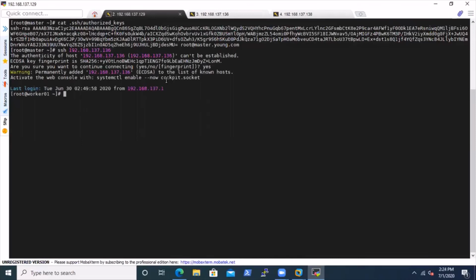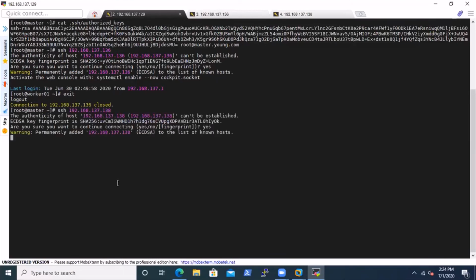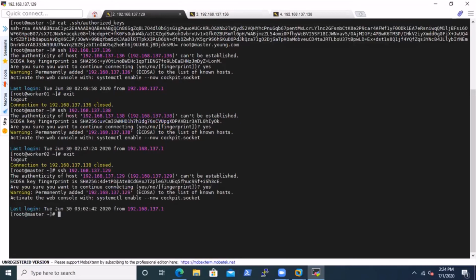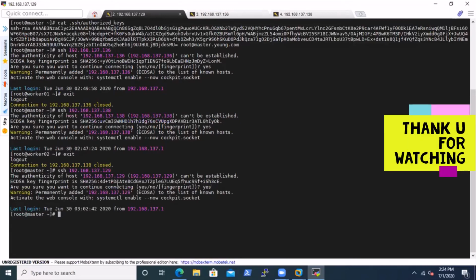Doing this will permanently add the fingerprint, so that in the future, while logging into worker 1, that is 192.168.137.136, there will be no password required. Similarly, I am doing the same for worker 2, that is 192.168.137.138. Similarly I am doing it for the master as well. This is it for part 2, and we'll continue in part 3.